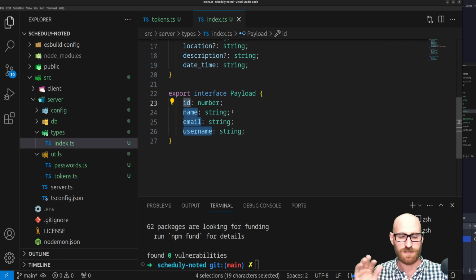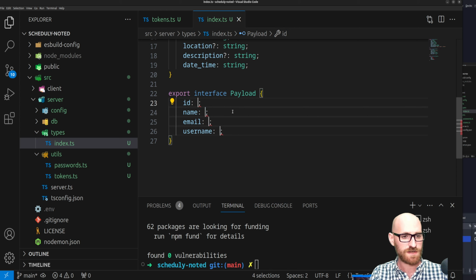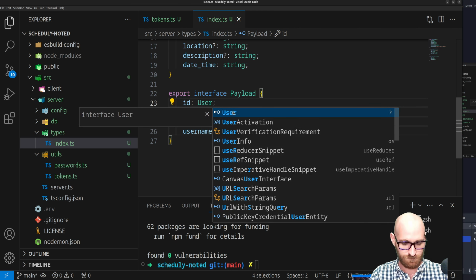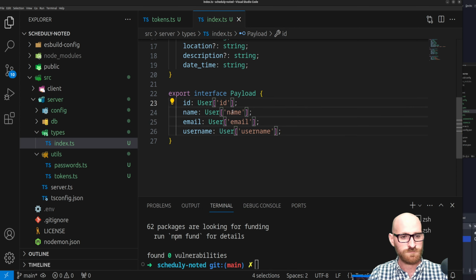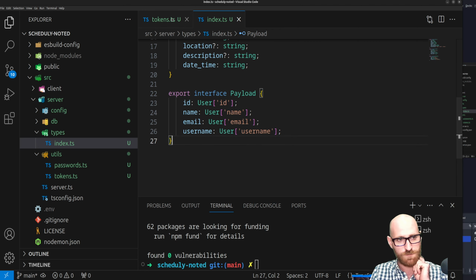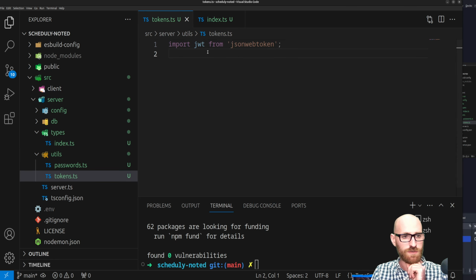And of course, I'm all about that single source of truth methodology. So instead of these properties here, it's going to be from the user interface. And then I just use Control D to highlight each one of these, copy them over, wrote user, bracketed, put a string in those brackets and just pasted those property names for a little speed shortcut. But that is going to be what I'm going to sign in every token. So